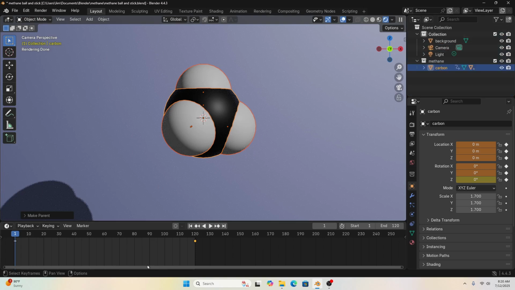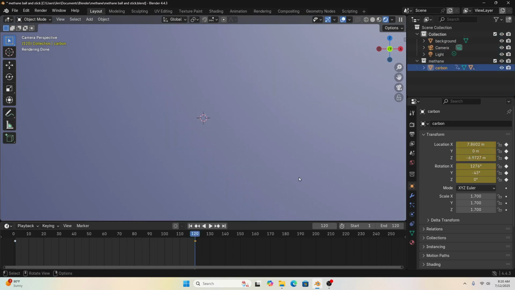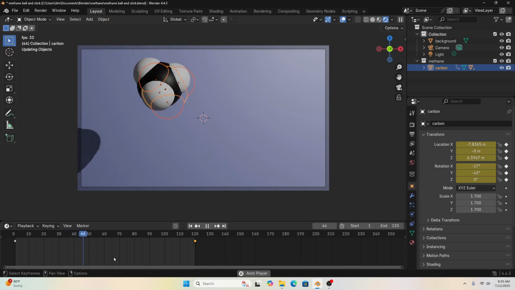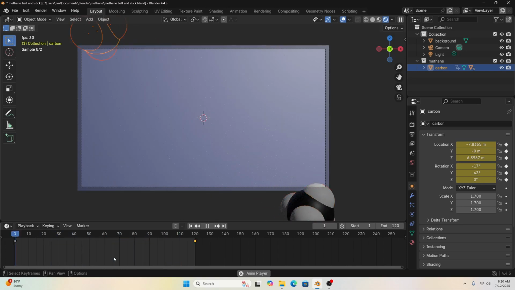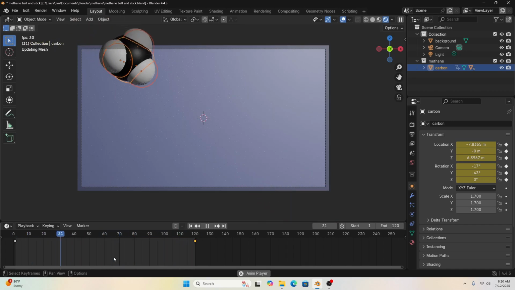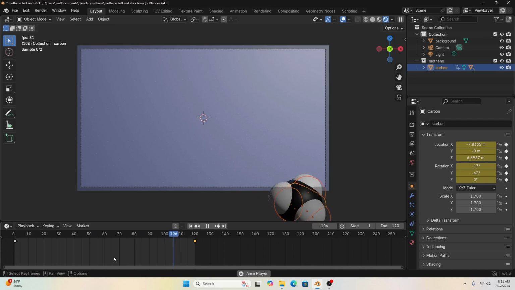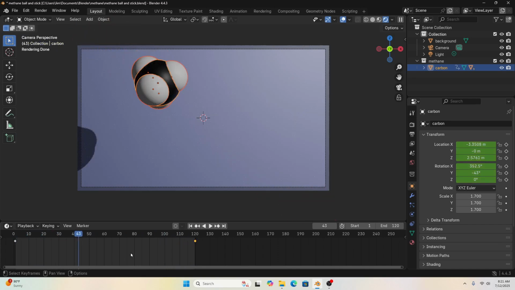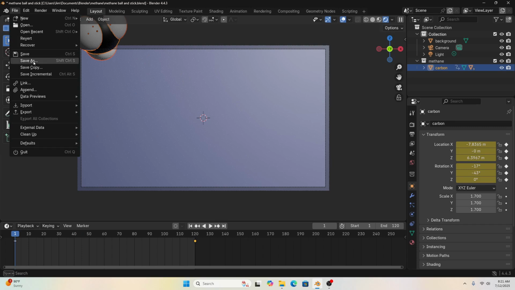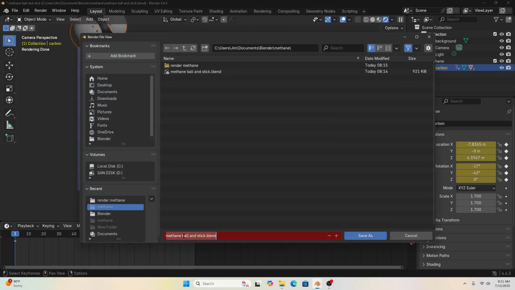Okay. Now I can go to my keyframes. Now I can do my space bar. I didn't have to change the animation at all. All I had to do is rescale everything and then reparent everything. And now I've got a space filling model animated. Okay, so Blender, it's pretty cool. It can do lots of stuff, even though I have no artistic ability and even though I don't really know what I'm doing. So I can save as methane